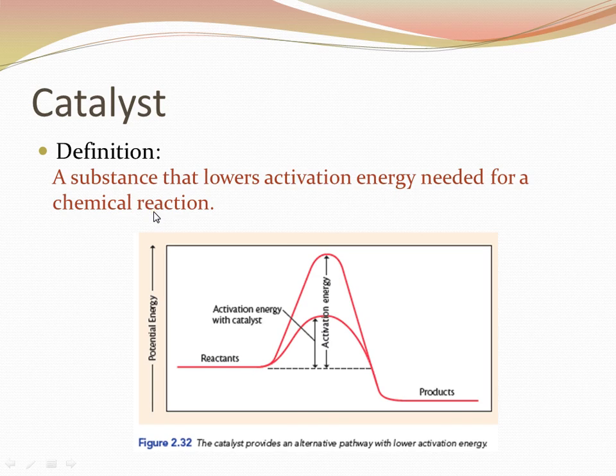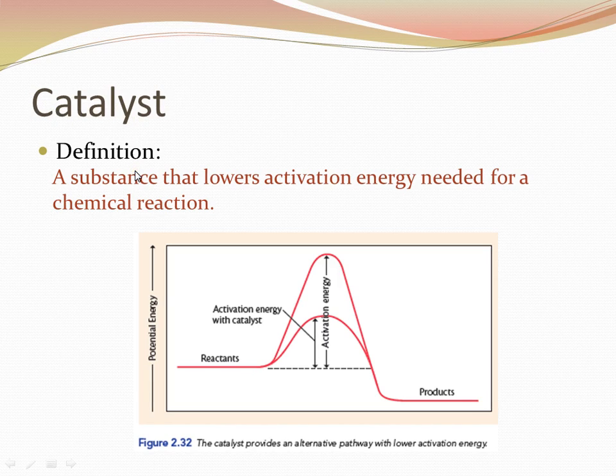The best example is in digestion. When you eat food, what are the chances that the food in your stomach is going to naturally break those bonds and reform into something else? And the answer to that is probably not fast enough for your cells. So you have enzymes that help you digest your food. Enzymes help you do all sorts of things, and they're catalysts that happen in a living organism.